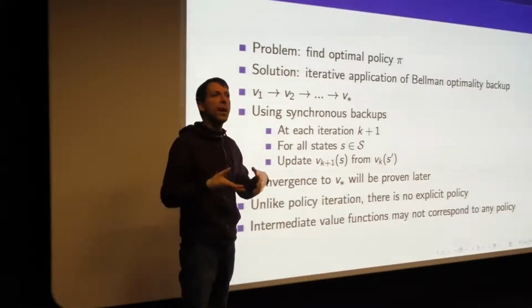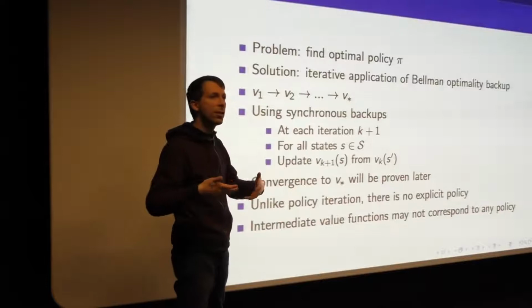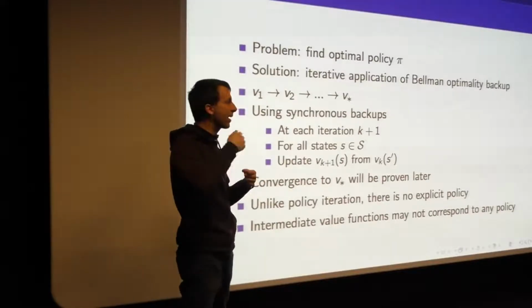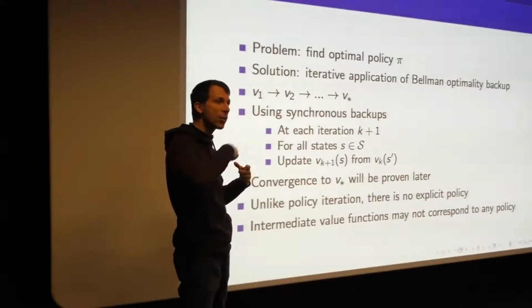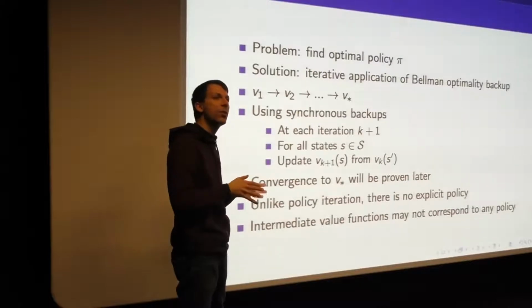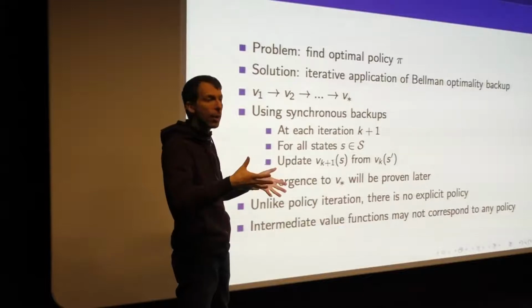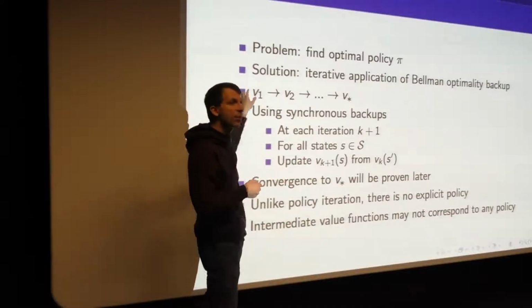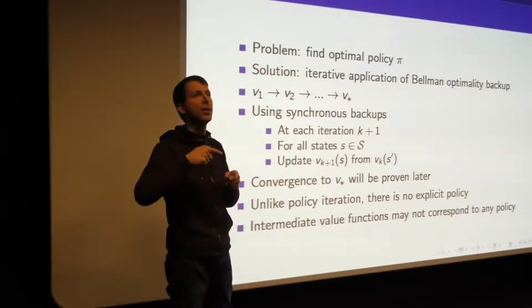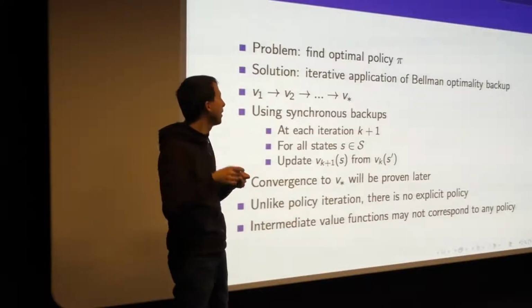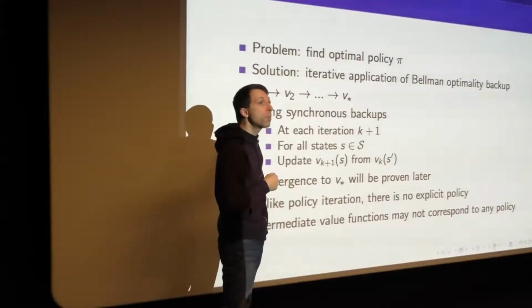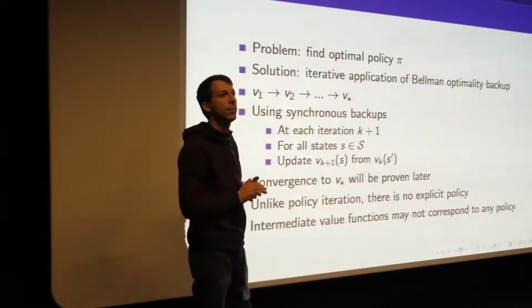In the first part of the class today, we saw how you could use the Bellman expectation equation as a backup. You just iterated the Bellman expectation equation again and again and again. That found you the value function for a given policy. And the idea of value iteration is to take the Bellman optimality equation and iterate it again and again and again. And that gives you the optimal value function. So it finds the best